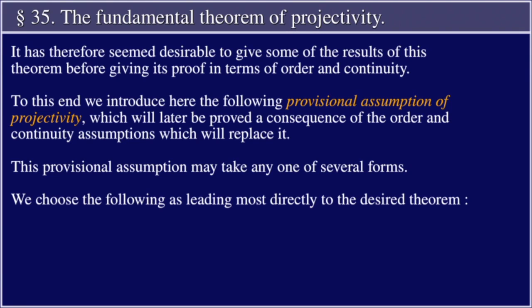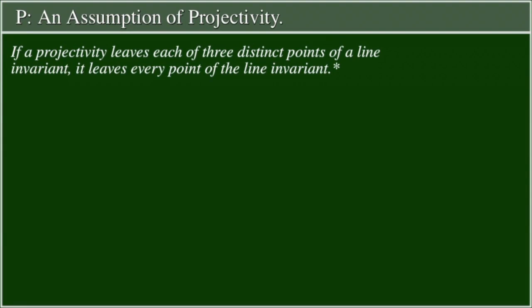This provisional assumption may take any one of several forms. We choose the following as leading most directly to the desired theorem. P. An assumption of projectivity. If a projectivity leaves each of three distinct points of a line invariant, it leaves every point of the line